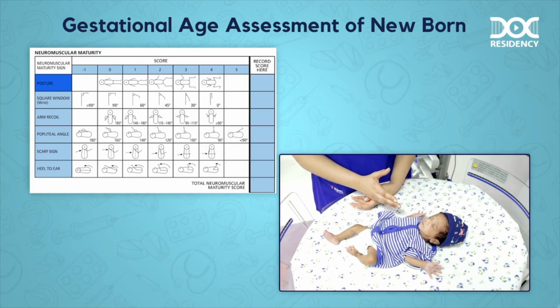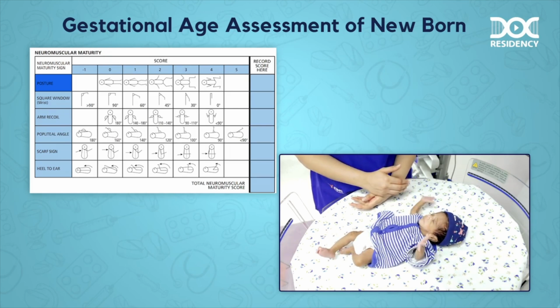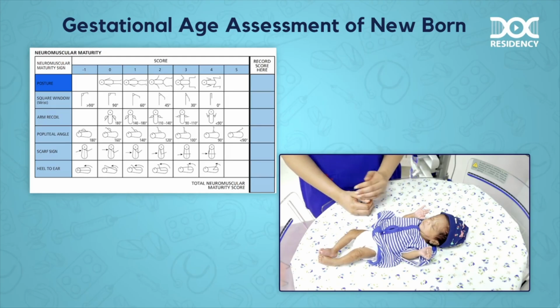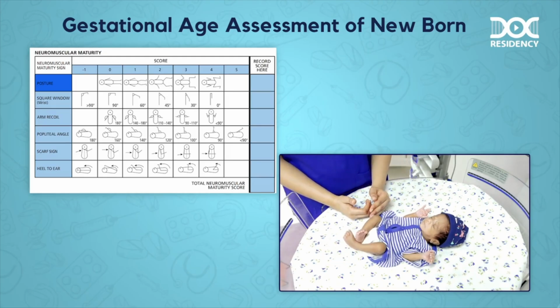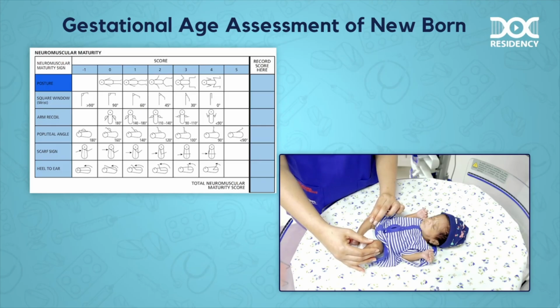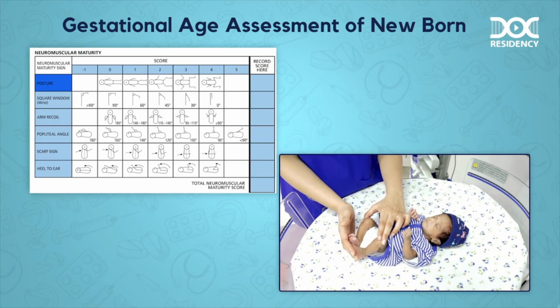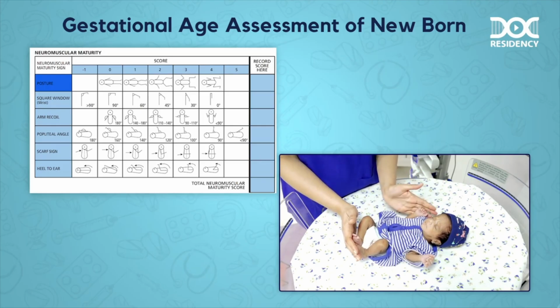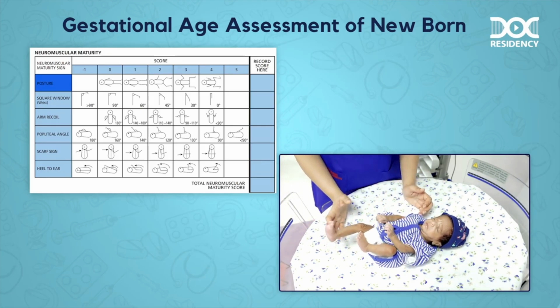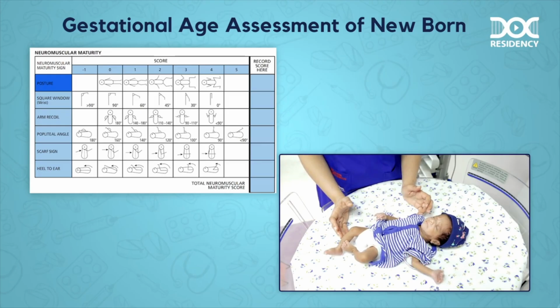Simultaneously, when hip flexion begins, there is progressive upper limb flexion as well as adduction at the level of the shoulder so that the baby brings the hands close to the body. And once the baby's maturity crosses 34 weeks, you will find that the hips go into more and more adduction. So there is increasing adduction at the hip joint and there is more increase in the flexion of the peripheries, both the hands as well as the feet. So you will find physiological hypertonia in a baby who is around 40 weeks.